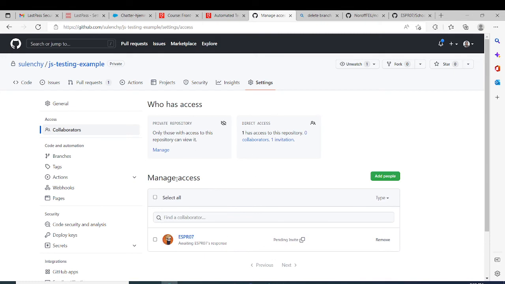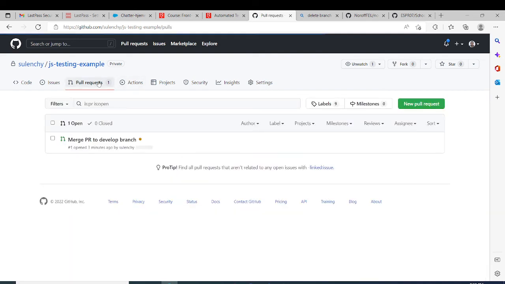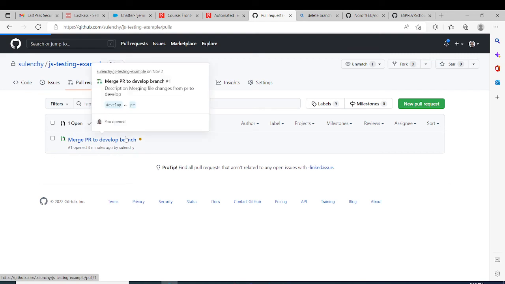So the reason why I'm not having that user there is because this user is pending, the invite is still pending. The user has not accepted the invite. So once the user accepts the invite, you can now come to the pull request and say you want to